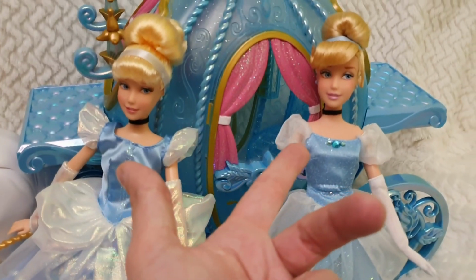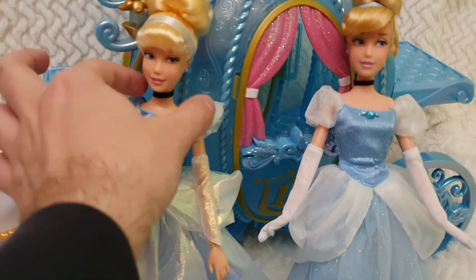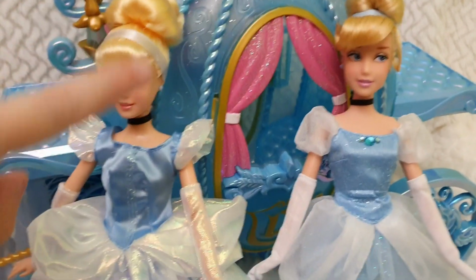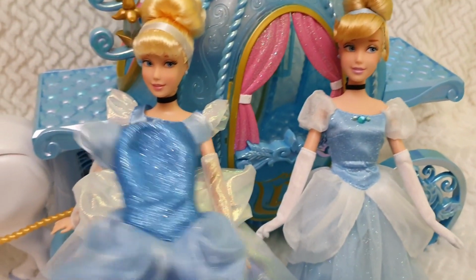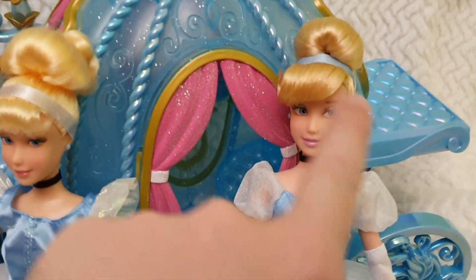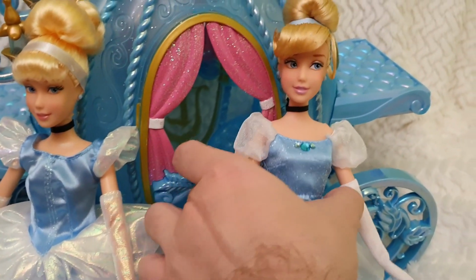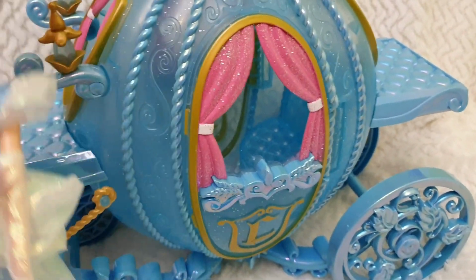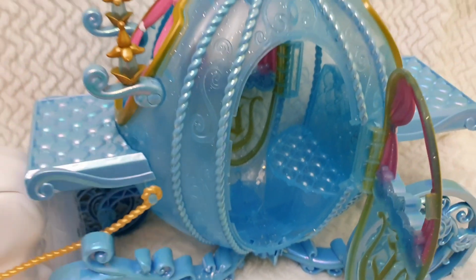That is why this is my favorite Cinderella, because she's gorgeous. But I like this one too, and this is what I was talking about earlier. The hairband is actually lighter here, even though it was for this darker dress, and this one is darker, but it goes very well with it. So I will put aside this Cinderella, and now this one that I can actually bend and place in real time